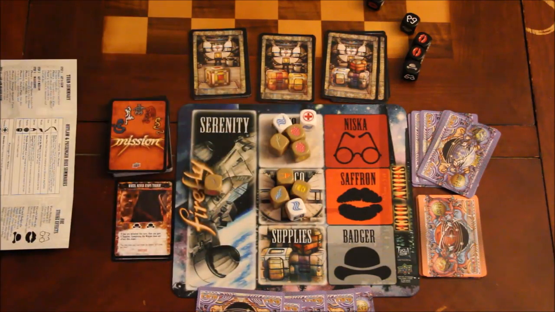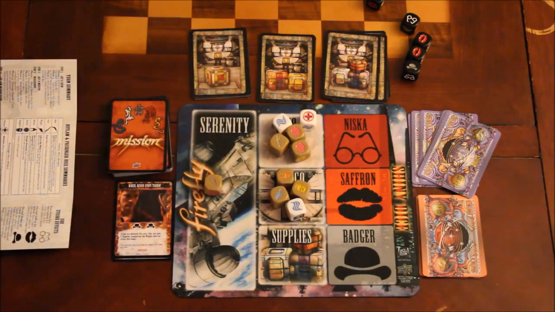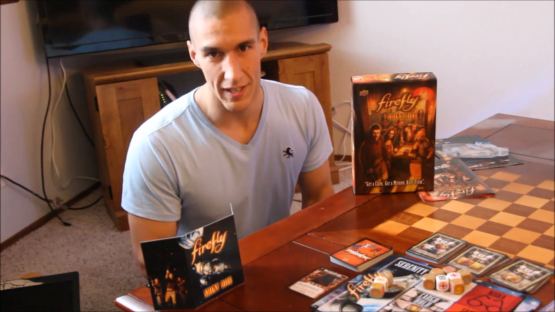So you know what, I'm going to go ahead and choose to lay low, which means I get to take the at-risk pile and add it to my total that's hidden behind my player screen and pass play to the next player. So that's Firefly Shiny Dice, the press your luck dice game for 1 to 5